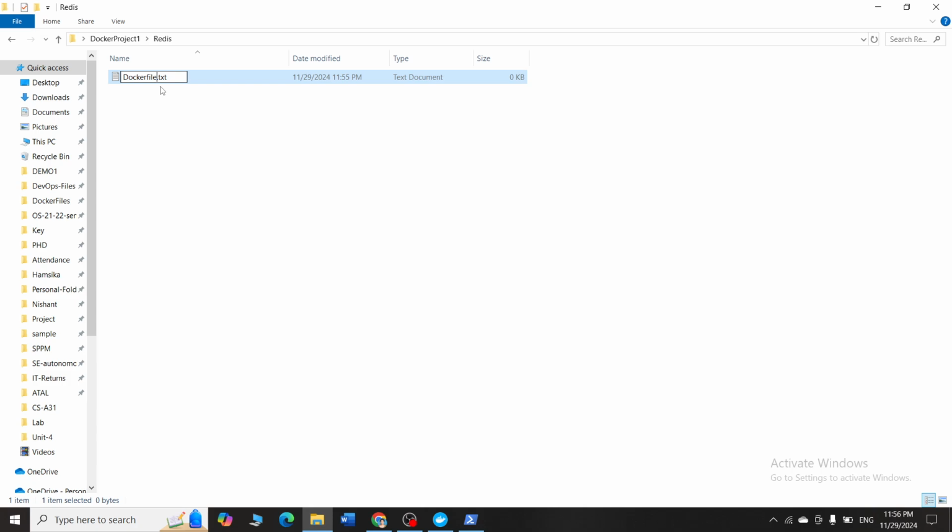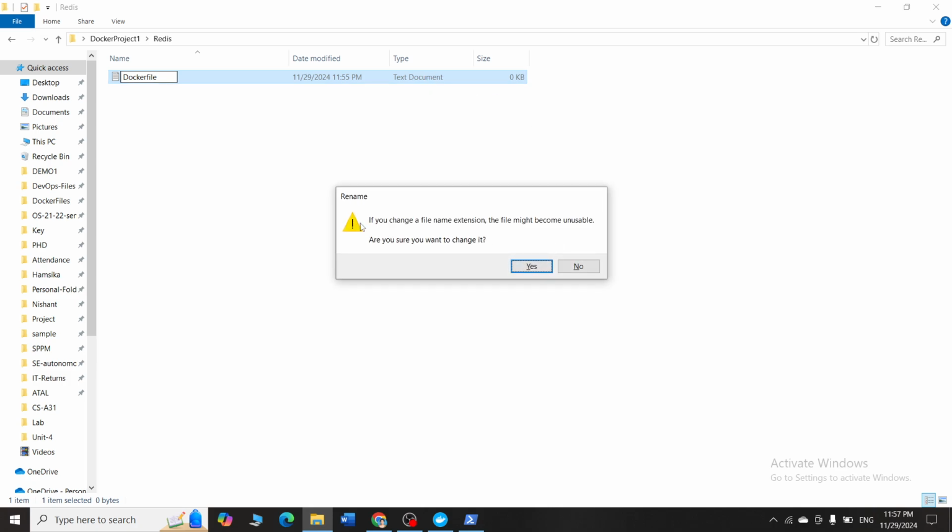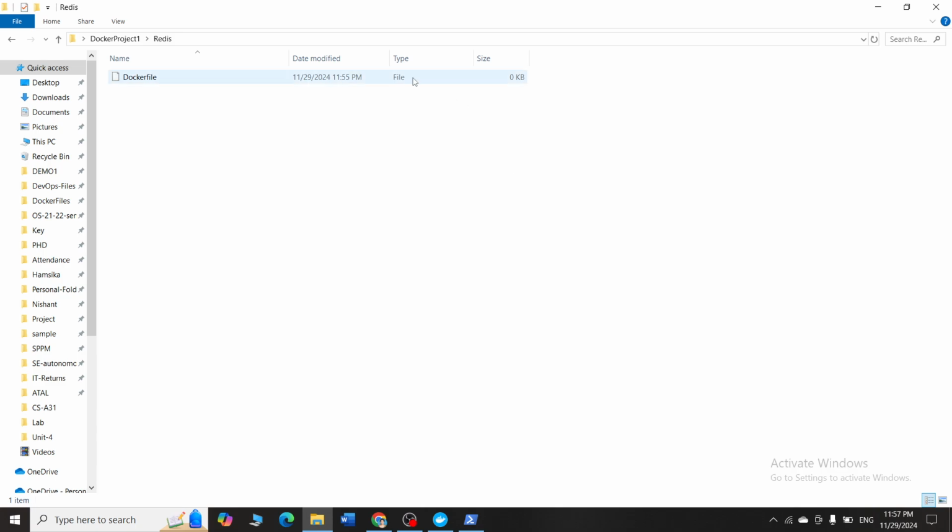Now you have to remember one thing while creating this Docker file. It should not have any extension, so you have to remove the extension. You can see that now the type of the file is text document. When I save this, the type should become file, because your Docker file should not have extensions. So simply press enter. You want to save this without any extension? Yes, I want to save it. You can see now that the type is file. So you have to create an empty file without any extension, and the name of the file should always be Docker file. Docker will understand only the name Docker file.